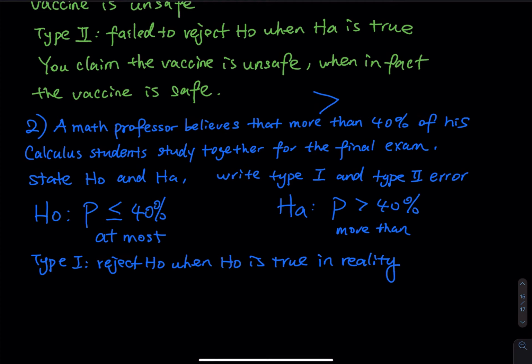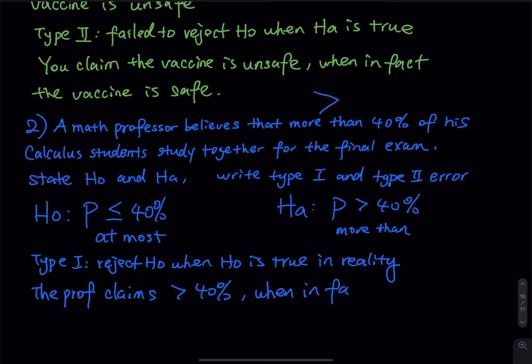Okay, so what does reject H0 mean? You reject H0, then you take HA as a true statement. So that means the professor claims more than 40%, right? More than 40% of his calculus students study together for the final. So let's skip that. The professor claims more than 40% when in fact, that means in reality, it is at